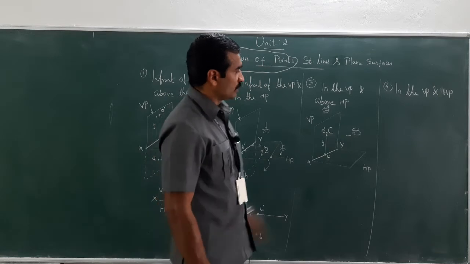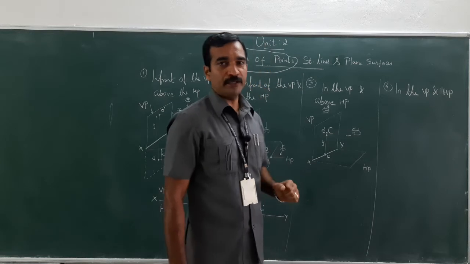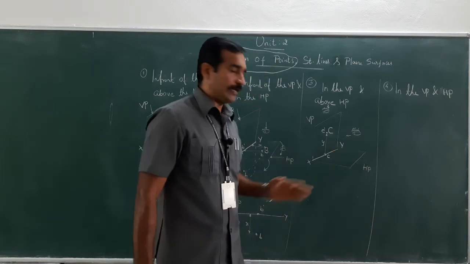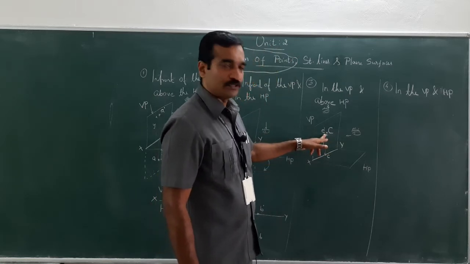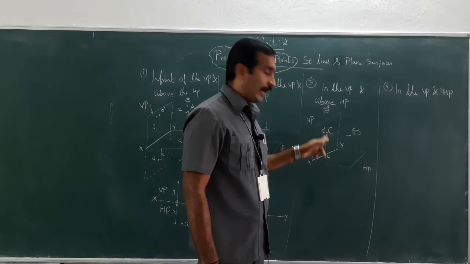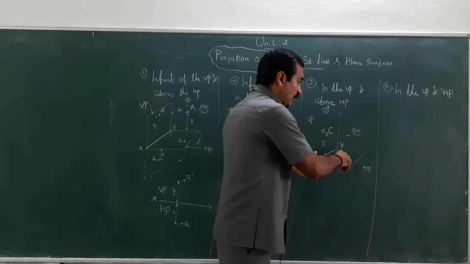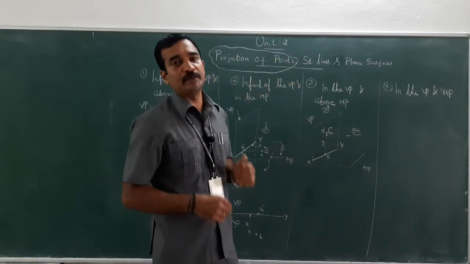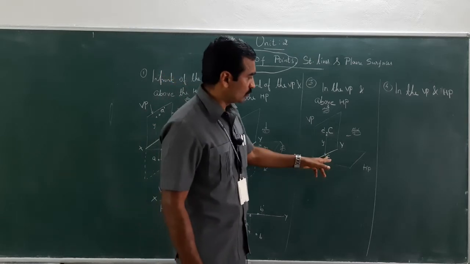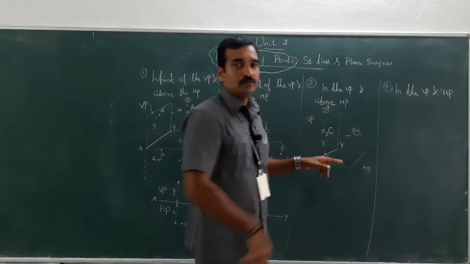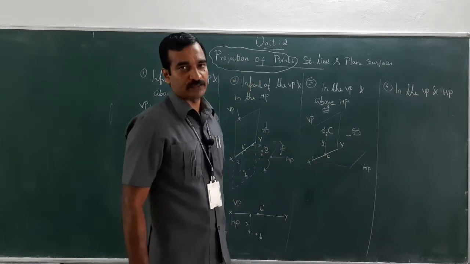So in this scenario, I need not rotate the horizontal plane, because below the reference line the object doesn't fall, because the object is captured on the VP and on the reference line. Suppose the object was captured on HP, then the HP needs to be rotated by 90 degrees in the clockwise direction. So in this scenario, look here, the top view has fallen on the reference line.